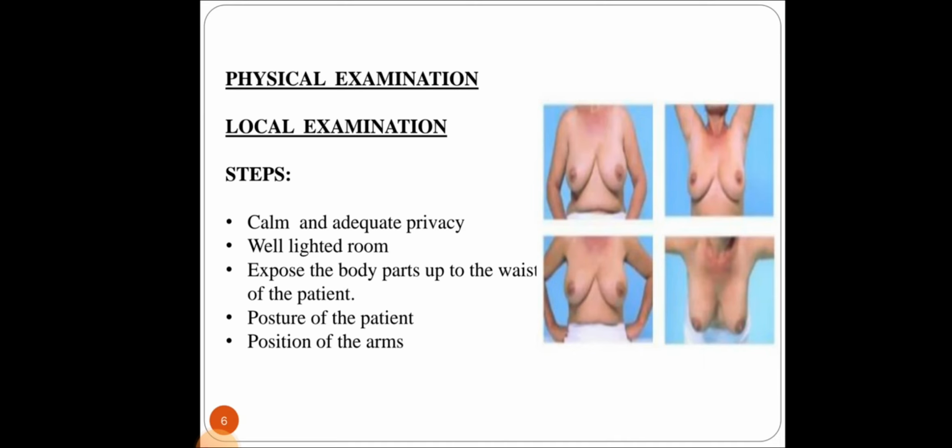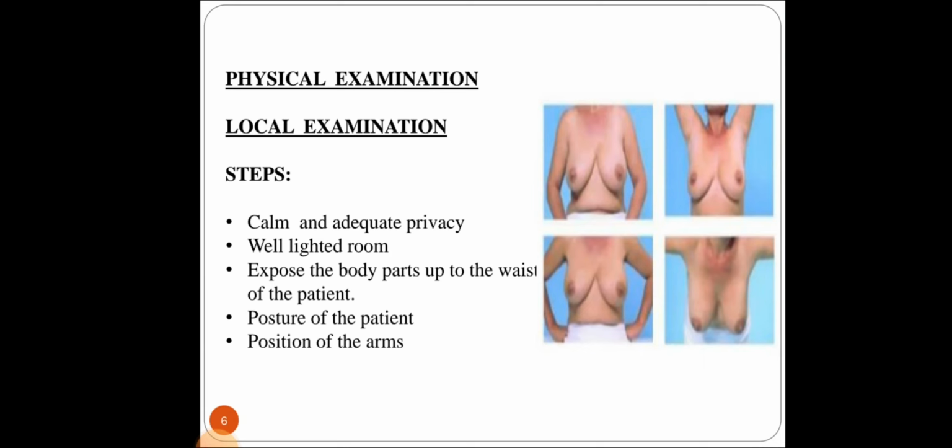As you see in the image, you can see different postures the patient can be made to sit or lie comfortably. Then next is the position of the arms. While examining, it's not only the breast region we have to consider. The position of the arms also has to be maintained properly so as to facilitate a proper examination. The arms should be either by the side of the body, or the arms should be raised straight above,